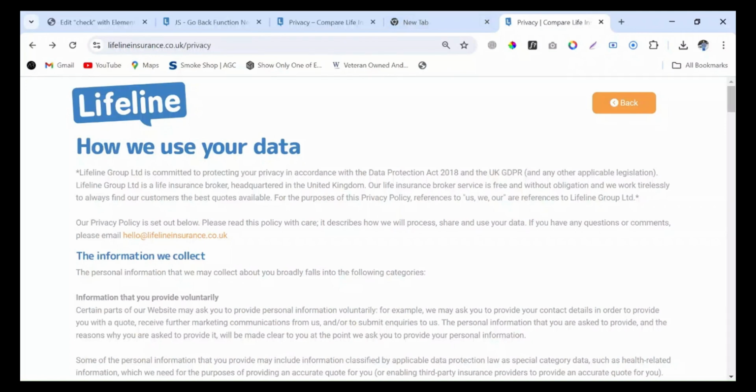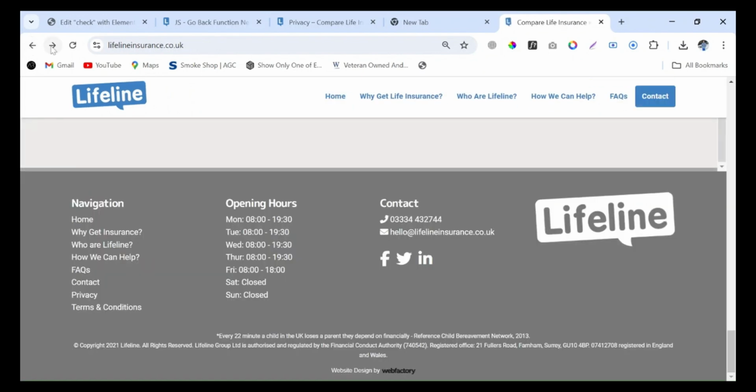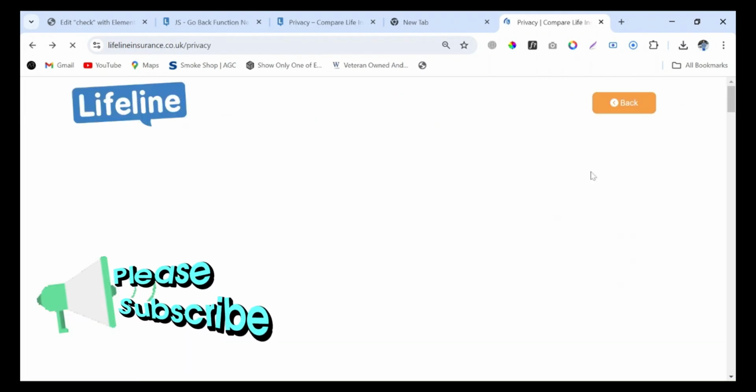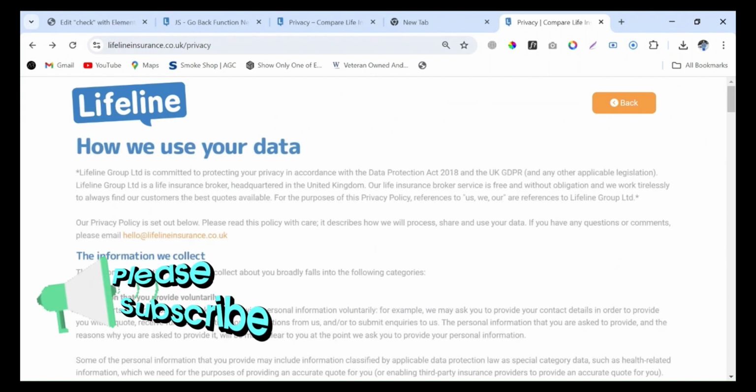If you want to implement a go back to previous page function in your WordPress website, then you can easily implement this by watching this video. So let me explain first. For example, if you go back to your previous page in the Chrome menu, just click on this and you will go to the previous tab. But right now I want to go back to the previous page in the website by using this button.